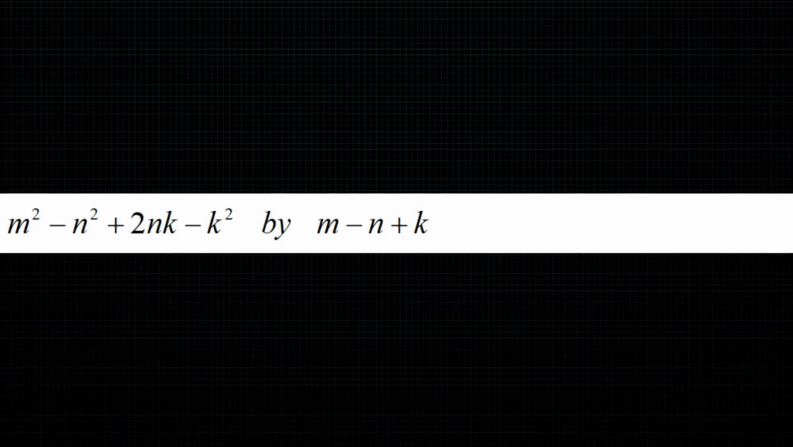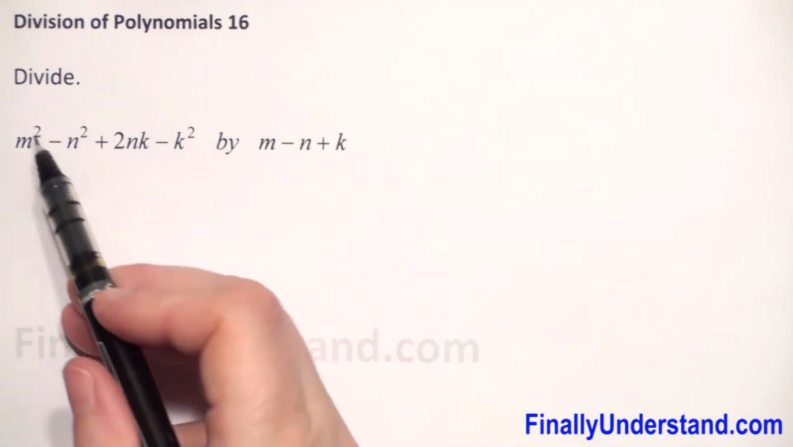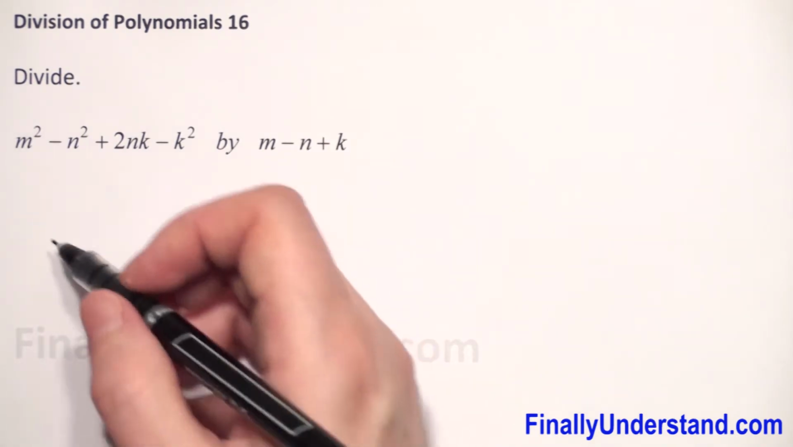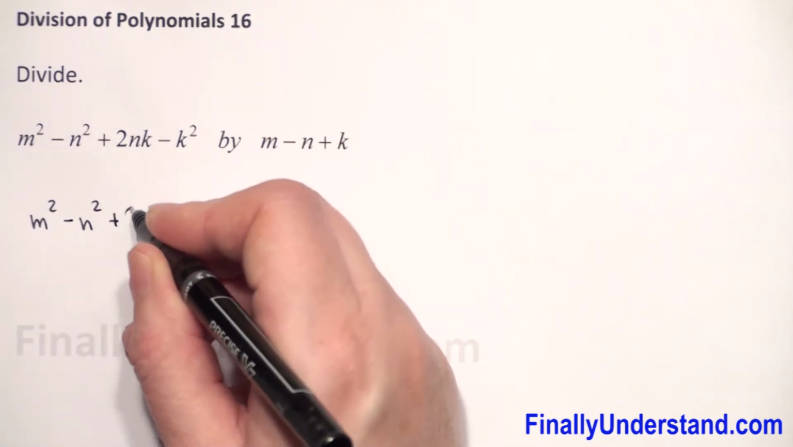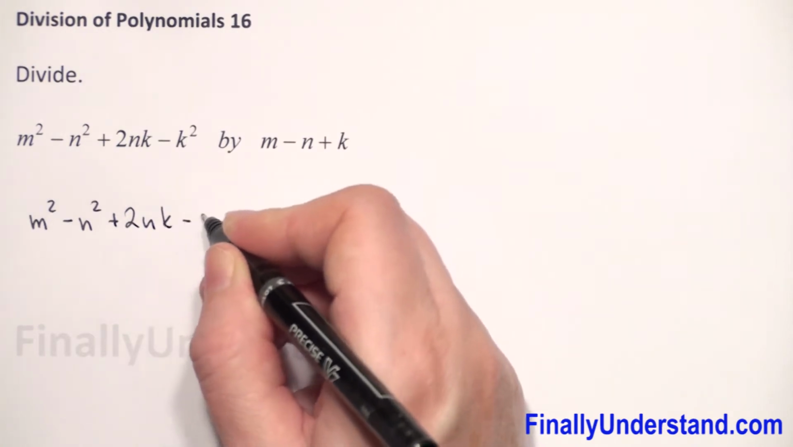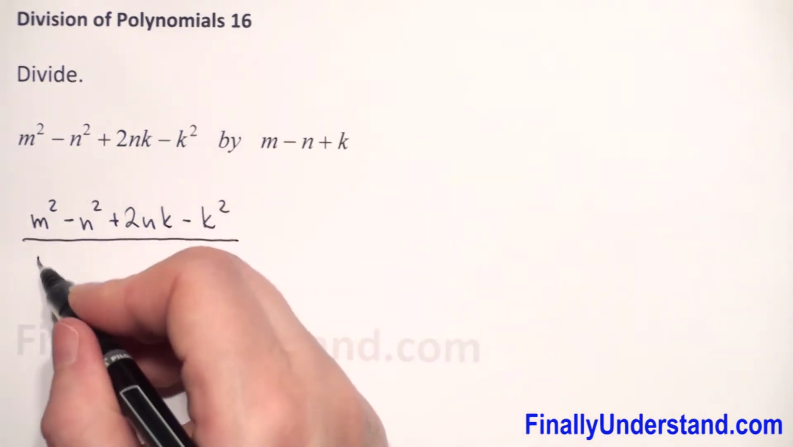We have division of polynomials. We have positive coefficients, so if you want, you can do long division. But the easier way, I think, is first to check what we have in the first polynomial. Because we have m squared minus n squared plus 2nk minus k squared, we have to divide by m